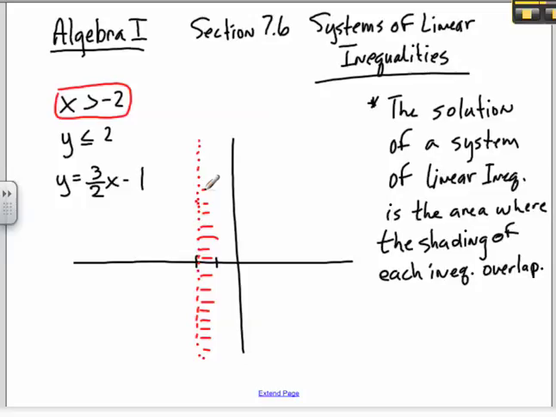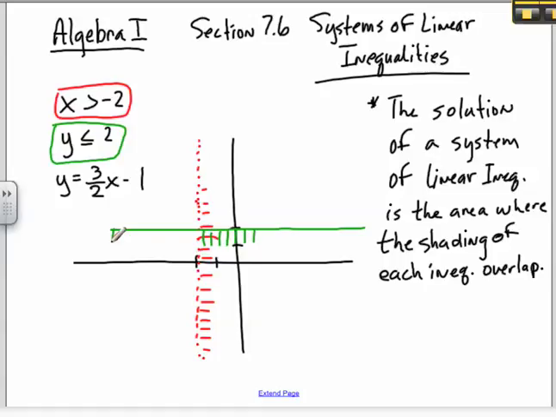Okay? Now, the next one, it says y is less than or equal to 2. So I'm going to go up 2. And a y is always a horizontal line. And it does say equal to, so this is a solid line. And it says that y is less than that, so I'm going to shade below. But I don't want to shade over here, because that's not a part of the solution. So I'm just shading in that little area, just to remind me